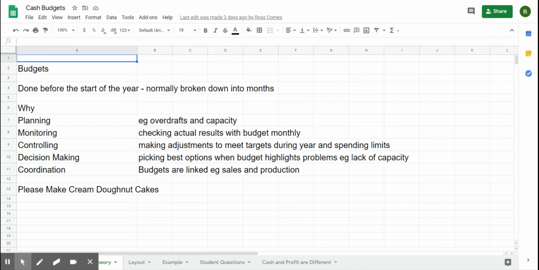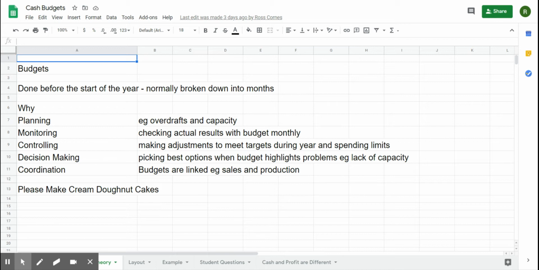What is a budget? The key point with the budget really is it's done at the start of the year. So it's not something, if you look at normal final accounts, they're done after the year has ended. They are looking back and they are using factual information. What a budget is using is, if you like, a best guess of what the future is going to hold for a company. And it shows this predominantly in financial terms, although some of the budgets either are or can be given, for example, in terms of units.